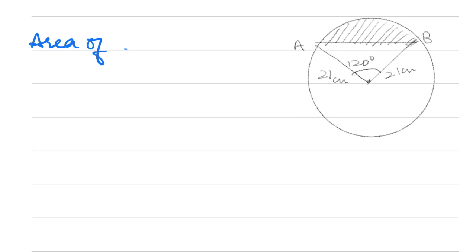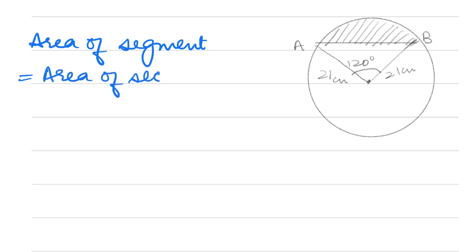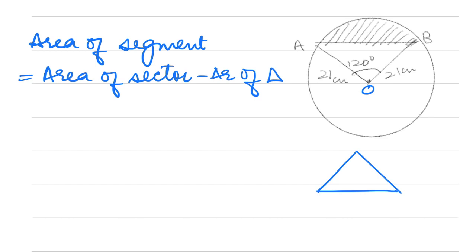Area of segment will be equal to area of sector minus area of triangle. This point is O. So triangle AOB. To find the area of the triangle, we need the base and the height measurement. So now suppose this is the triangle AOB, and this is 21 centimeter, this is 21 centimeter, and let OP be the